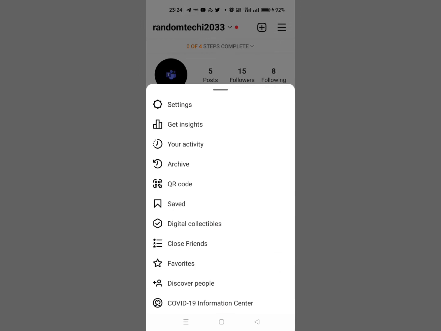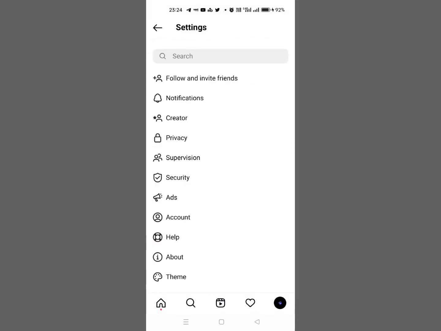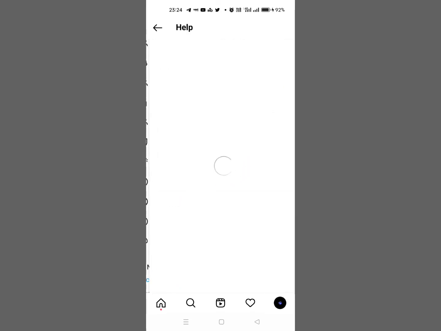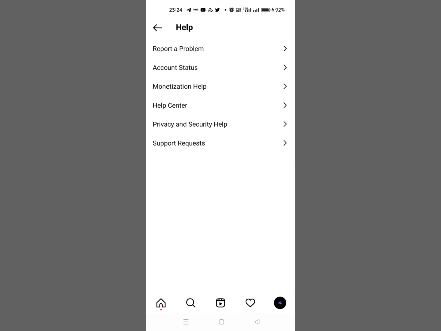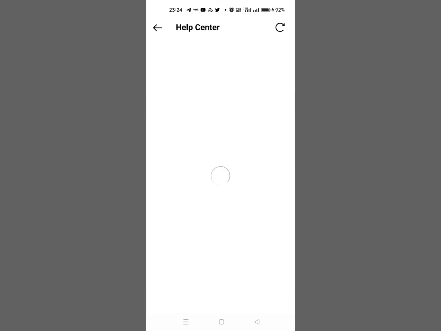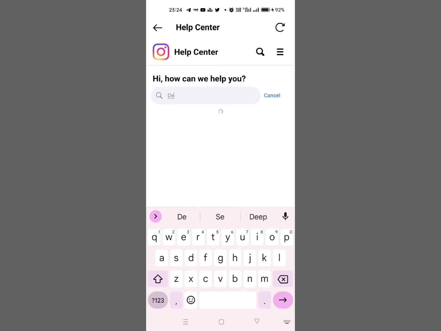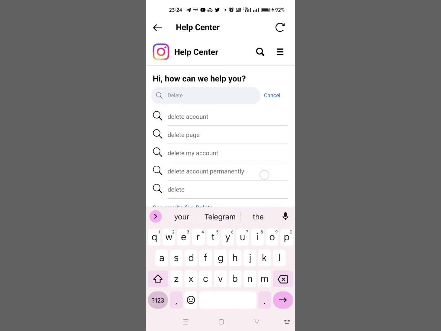After clicking on settings, here you can see one option, that is the help option. Simply click on it, and then here you have to click on help center. After clicking on help center, this type of interface will pop up. So here on the search bar, just search for delete. Okay, so here you can see this option, you have to click on delete account, and then here you can see the first option, delete your Instagram account. Just tap on it. After tapping here, you can see